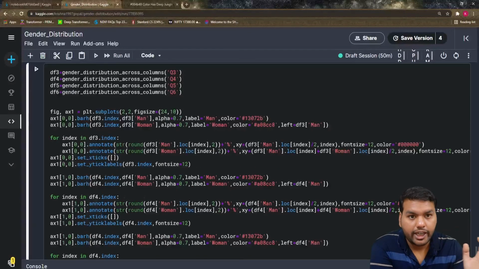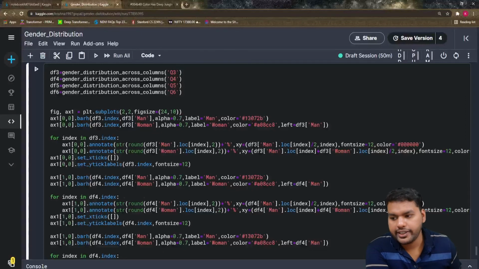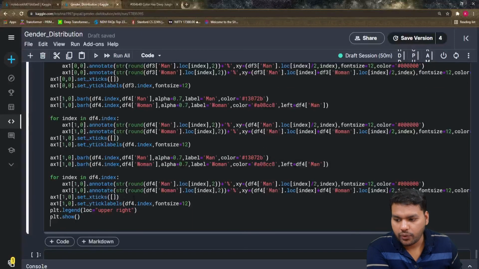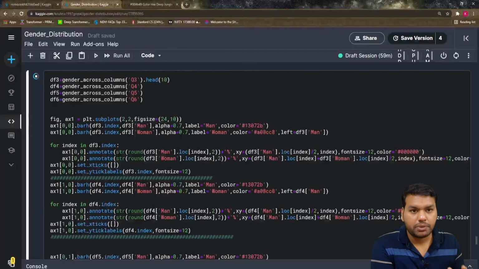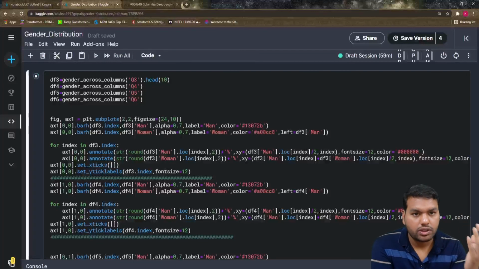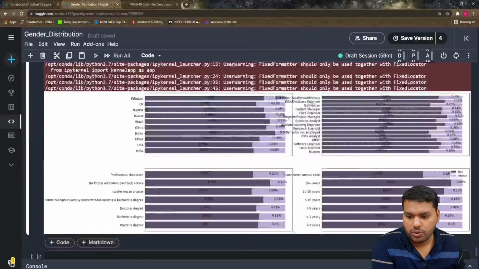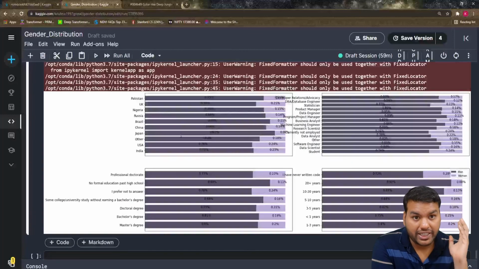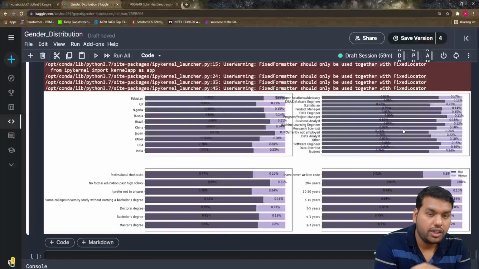To save time, because I already showed you step by step, I just wrote this code and adjusted it a little bit, and let's see how it works. It's very simple code, nothing special. I just call the function. It says df3, df4, df5, df6 regarding the questions, and then we just plot the subplots in different axes. So how does the plot look? The plot looks pretty bad because the data is not pre-processed. You have to arrange this plot in a very good manner, then only will this curve look good.